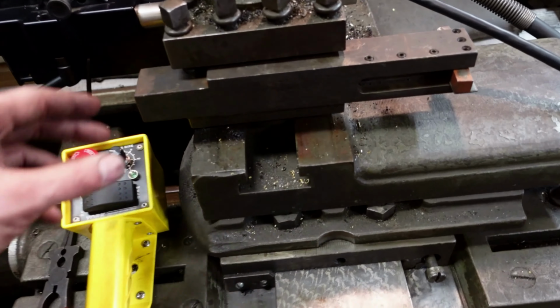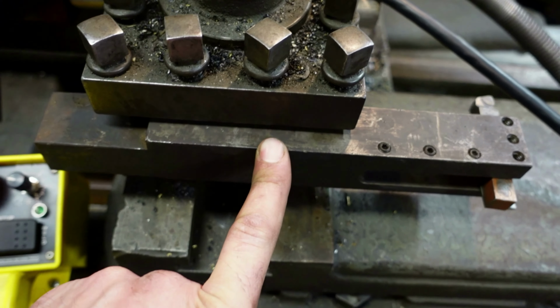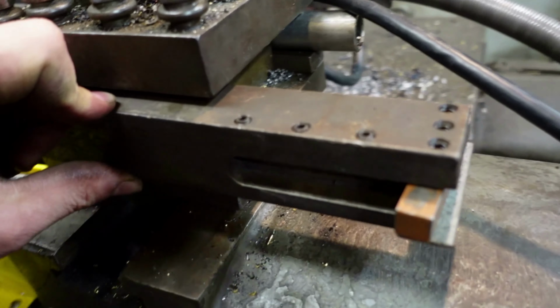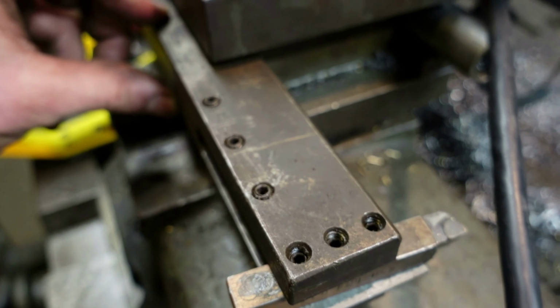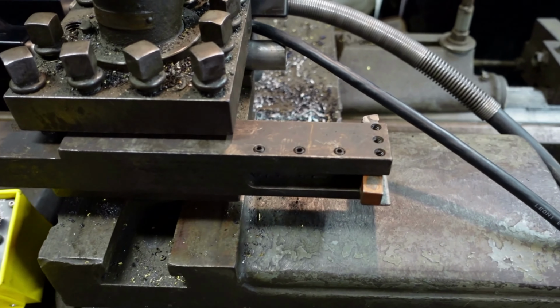I got my boring bar all set up. This is a pretty meaty one I got with the lathe. I haven't measured it, but it's got to be somewhere around 2-inch square. I just have a regular cutter stuffed in there. So this should work pretty nice. We'll